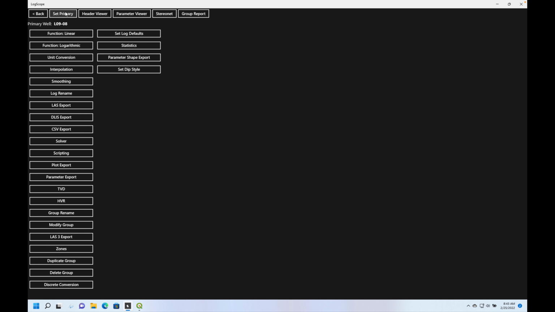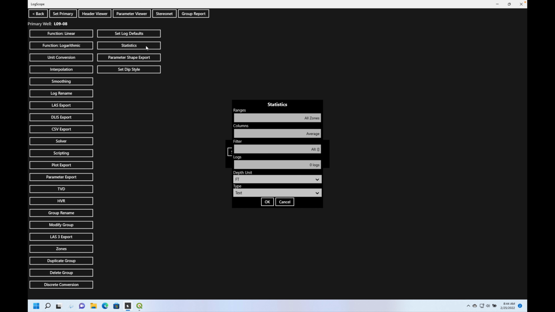The set primary is important because it allows you to set the primary well to a well that has all the formations in. I'm going to leave this as it is. So I just click on statistics, and then I have the option to choose the range. So I'm going to change this to a single zone,